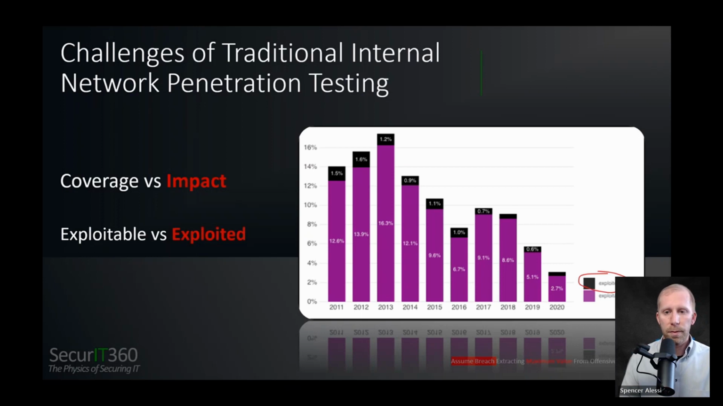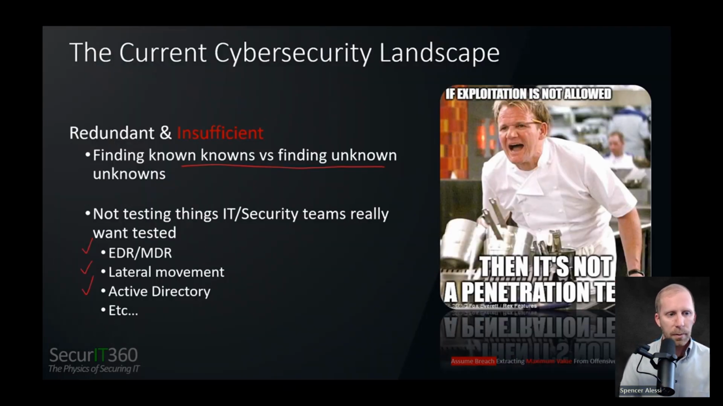So that contrasts assume breach, and we'll see what that looks like here in a minute. But the point is, we're looking at coverage versus impact. Wide coverage on a traditional network pen test versus impact on assume breach. And kind of the last point on the security landscape is a lot of traditional network pen testing finds known